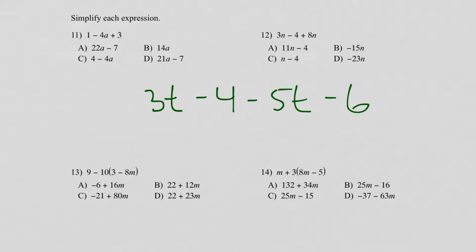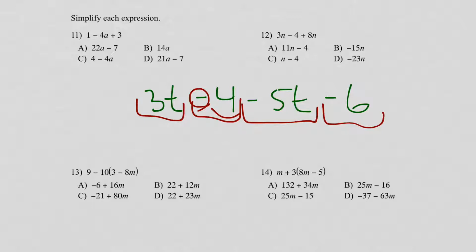Another thing that's important to note here is that each of these is what's called in math a term, and the term contains its sign, so whether it's positive or negative, and it also contains whatever the value is. This one happens to be 4. So 3t and negative 5t both have identical variables, t to the power of 1. Let's combine those first. So it's 3 subtract 5, and this is where we're moving along the number line. Starting at positive 3, going down by 5, we end up at negative 2, of value t,